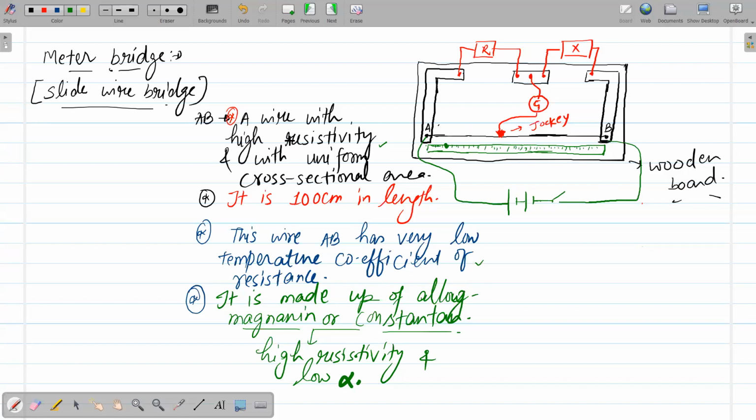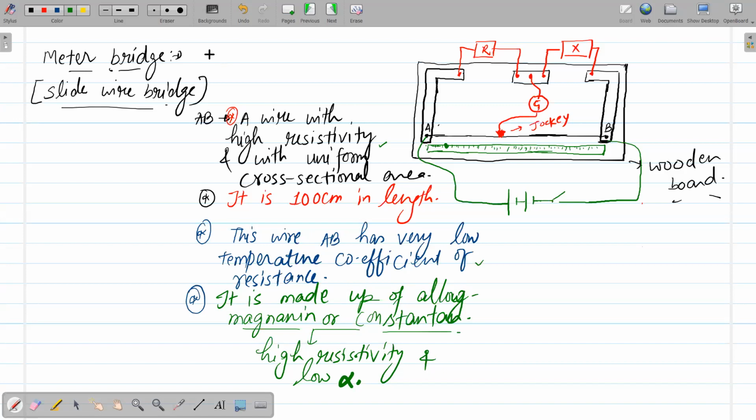Now students, let me tell you one thing that makes this device very interesting: here we have the concept of the Wheatstone bridge in it. We need to remember a few things about it. Firstly, its use. Second, its principle, on what principle it works. And the third thing is its working, how we get that reading, right? So we'll be talking about these three things mainly. First of all, let's talk about its use.